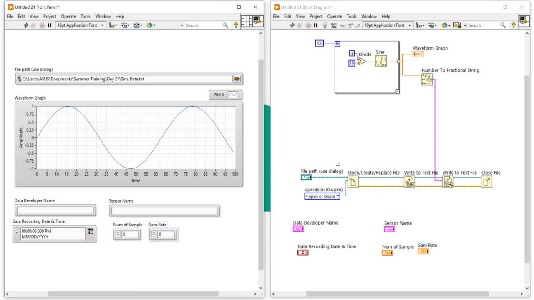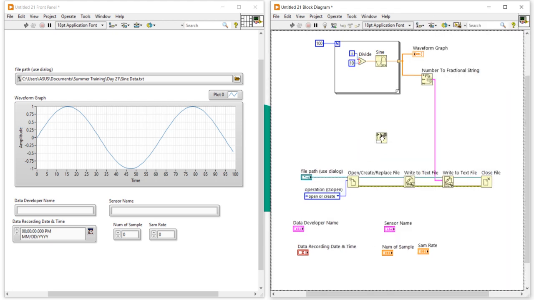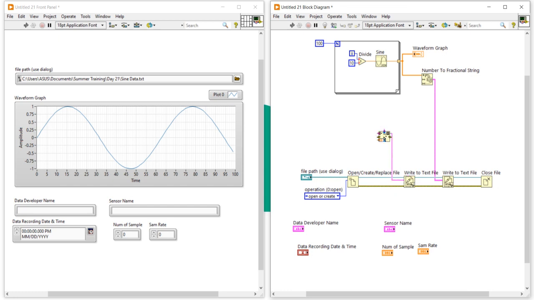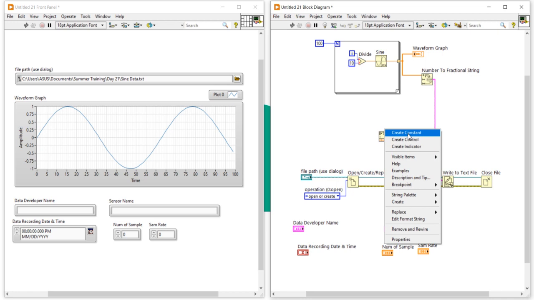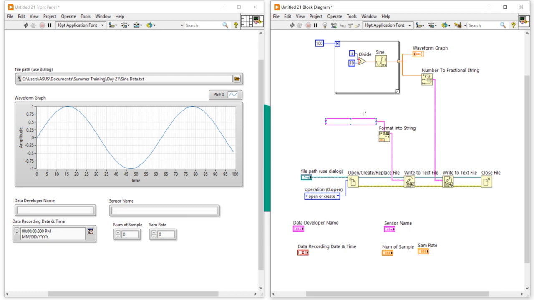Now we have to join all these things here. Look at what I am trying to do. For that we can use one program, the format into string program. Take this format into string, make a connection like this. Create constant, open the label. In this constant you can write all the parameters: data developer name colon percent s, then sensor name percent s,